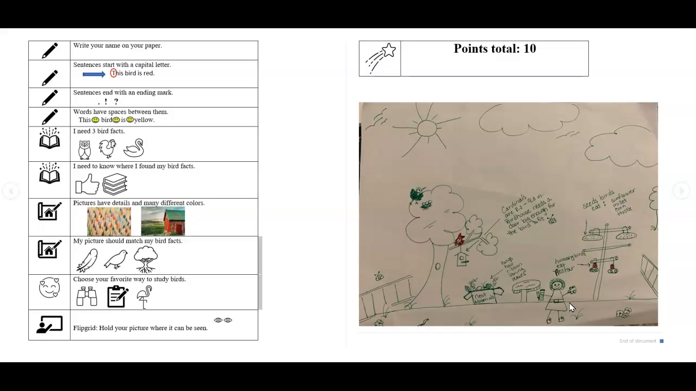That's great. All right, choose your favorite way to study birds. That's our next one right here. My favorite way to study birds is with binoculars and observing them. That's my favorite way. And I didn't write it down in my picture, and that's okay. I can just share that in my Flipgrid presentation, or you can draw a picture. Like I drew a picture of an ornithologist, and my ornithologist is holding binoculars and a notepad for taking notes